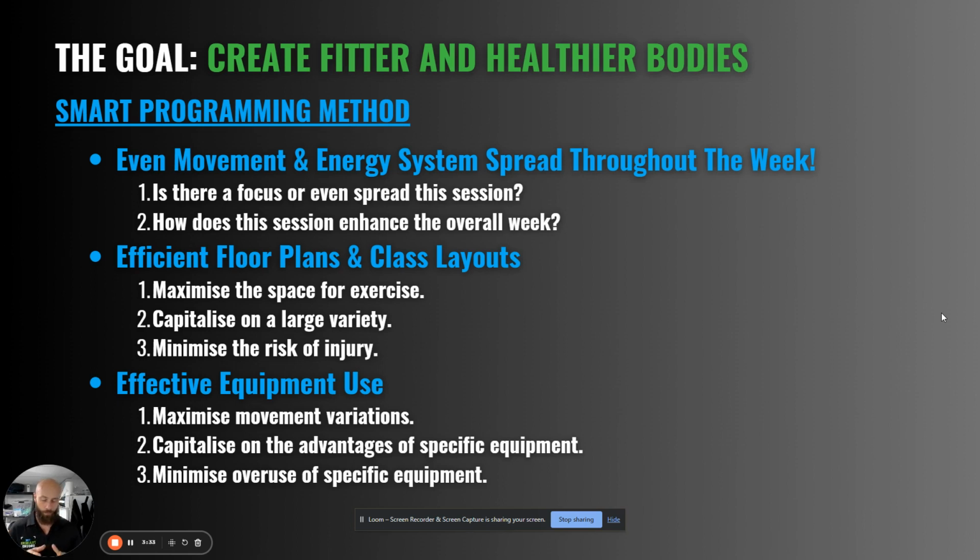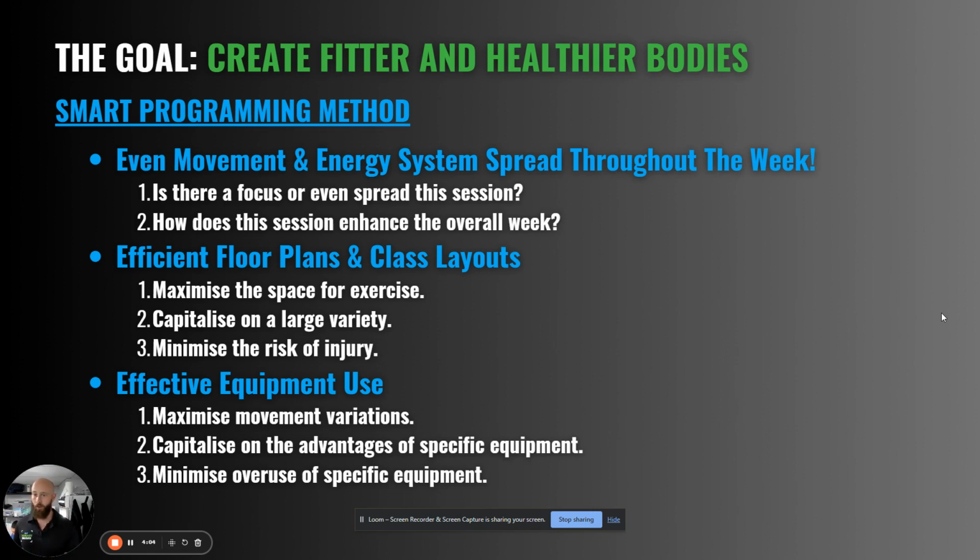Second, we take great pride in making sure that we have very efficient floor plans and class layouts. You'll notice when you participate in our classes, we don't have the largest space. What we can fit into 25 square meters here in our Brisbane studio is quite impeccable. And the guys that come and use it are just like, yeah, there's so much room, everything's well laid out. You'll see on later slides how we do this and why. This is really about how we get the most out of our space.